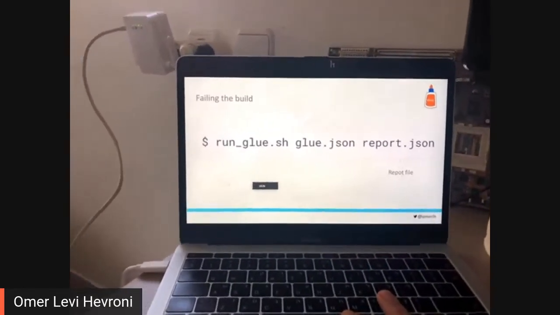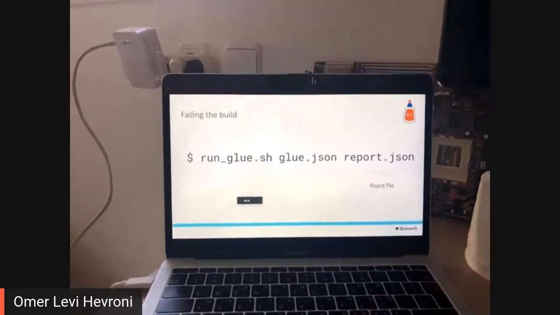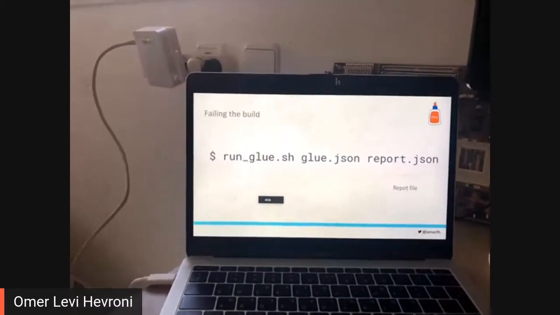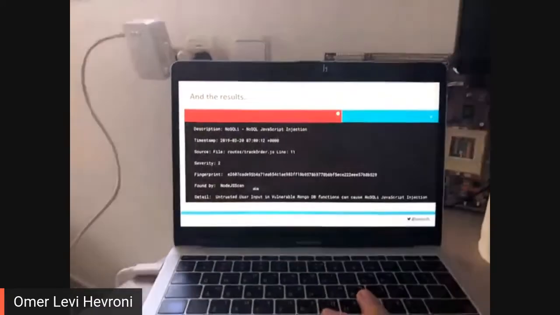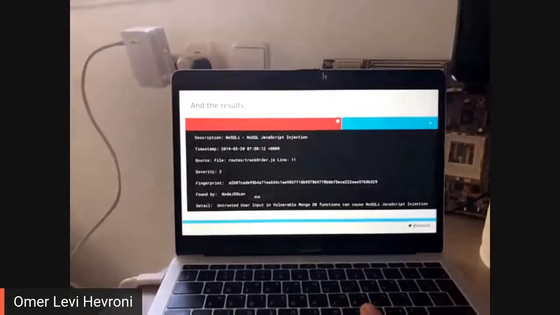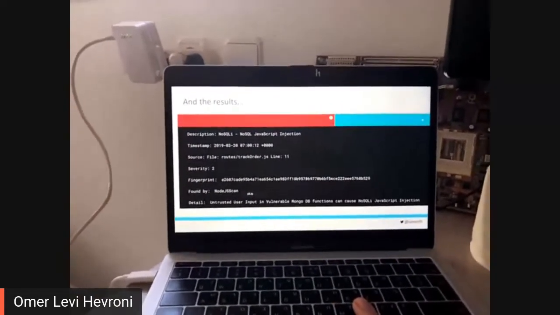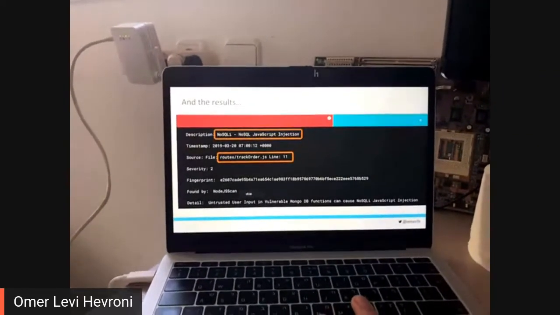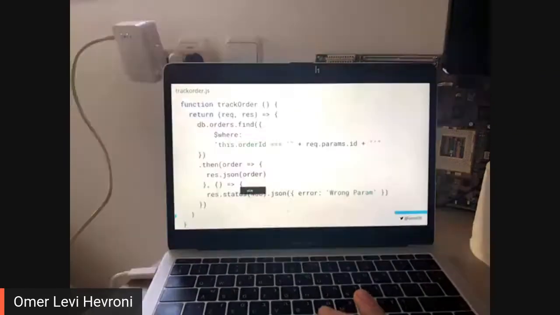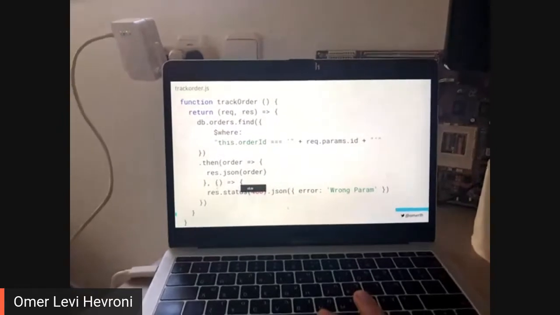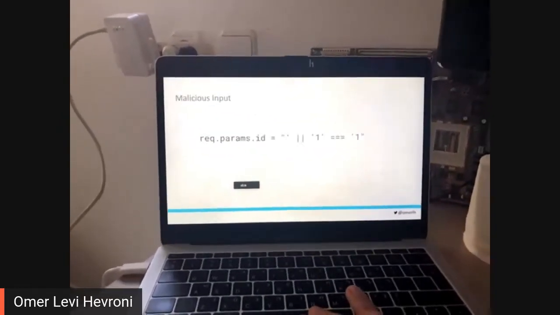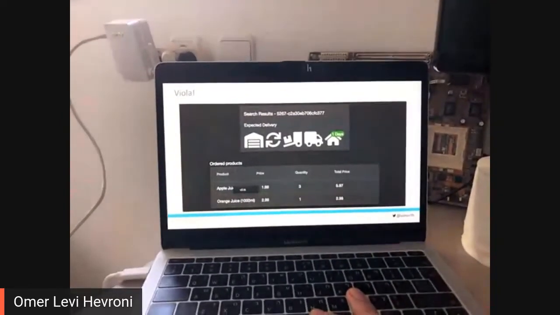So here we are giving Glue the report from Node.js Scan and how to read it. And now the build will fail each time we run it. And you can see that, unlike before, we now have exactly where the issue is and what it is. And again, because of time, I'm going to skip what exactly the issue is and move to the last tool,